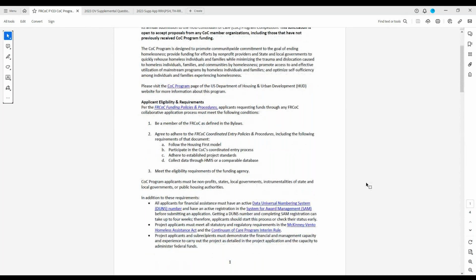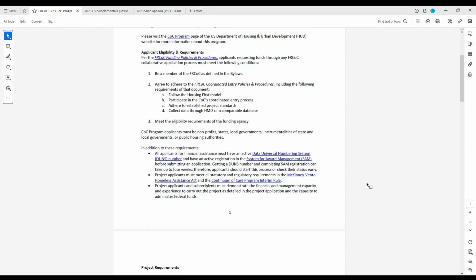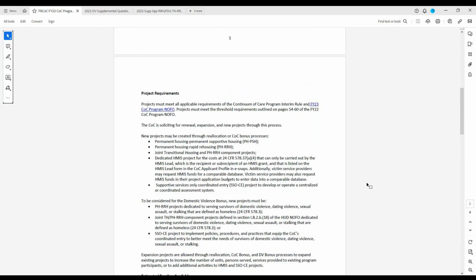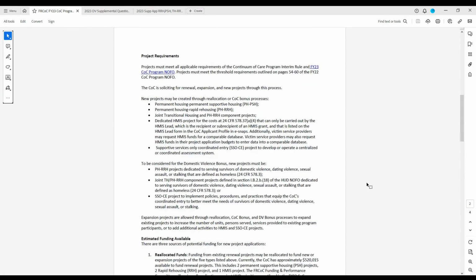You see some additional things here, that you do have to have a DUNS number and a SAMS registration and all of those things. If you need any help with any of those, please just reach out to us. It gives you lots of information about the individual projects that are eligible and a link to the NOFA where you can find what those threshold requirements are for those projects.